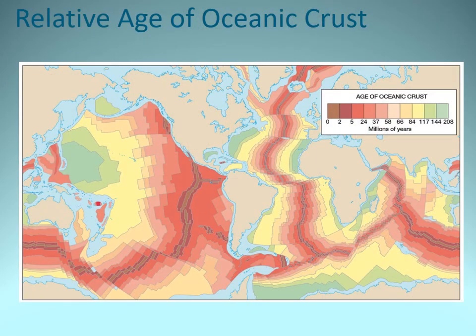Because of this process, we can actually develop a relative age of the oceanic crust. Areas where we see new crust forming, which would be near seafloor spreading centers, are the youngest rocks. So you see some very young rock, young being 0 to 2 million years old. And then areas where we see subduction,